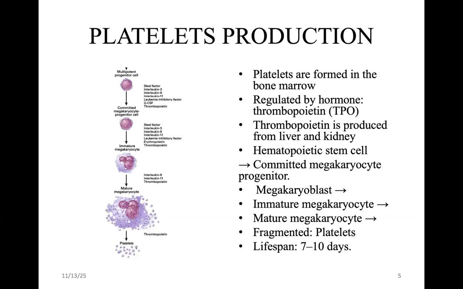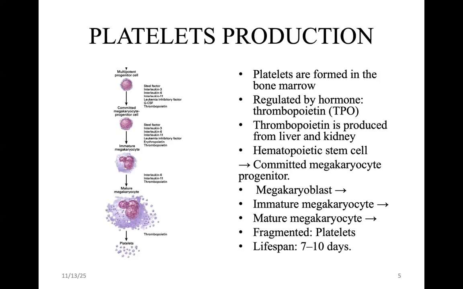In the case of platelets, what drives their production is thrombopoietin, and it's produced from the liver and the kidney. When this hormone is produced, it signals the bone marrow to start the production of